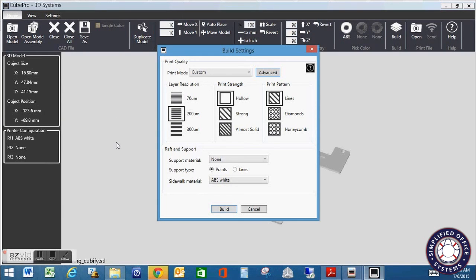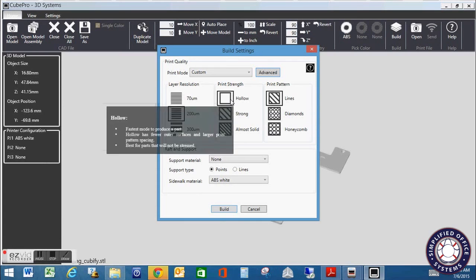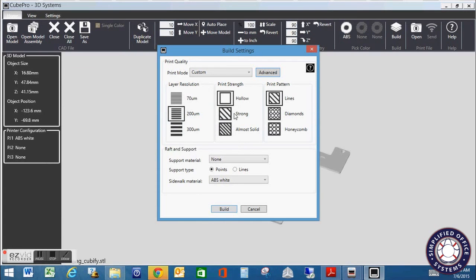Now, moving over to the next one is your print strength. That's where you get into hollow, strong, and almost solid. It's exactly what it says. If you hover over it, the fastest way to produce is hollow mode because it keeps everything internally. It prints the outer surfaces as thin as possible. It does a larger pattern for spacing inside. It's best for parts that aren't under a lot of stress or pressure or going to be bending or handled a lot. Again, short life expectancy,